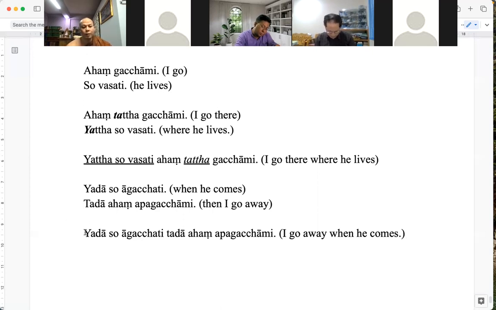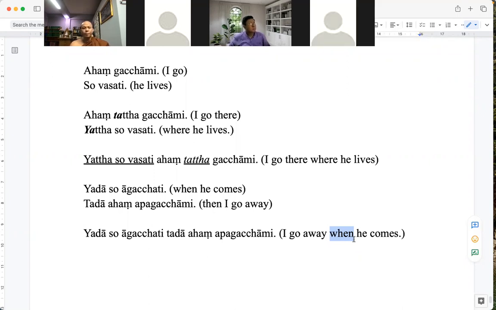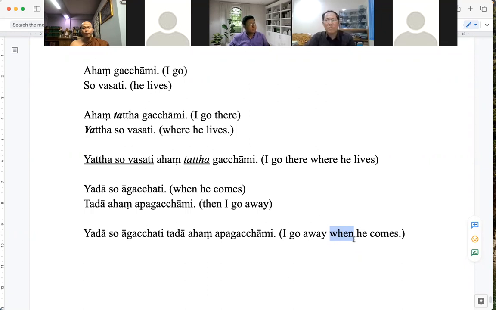So in Pali, yada and tada, but in English, then or when can be omitted, one of them. When or then can be omitted. I go away when he comes also. So in this way, a relative adverb is used to modify a demonstrative adverb by a clause. And now,